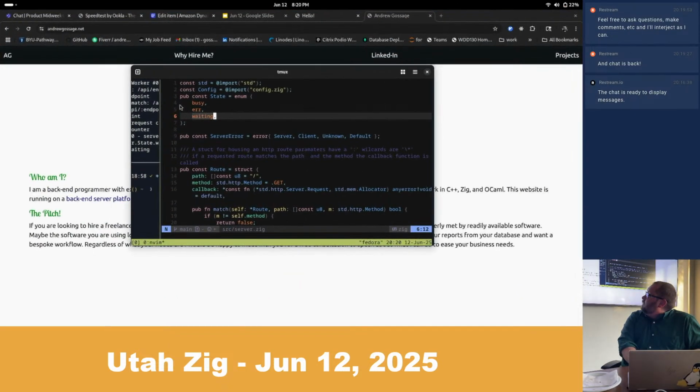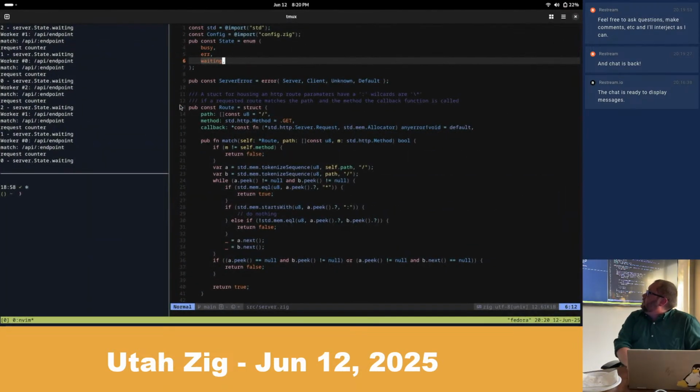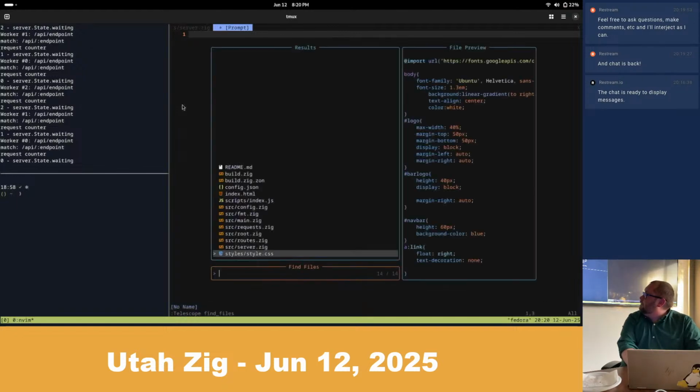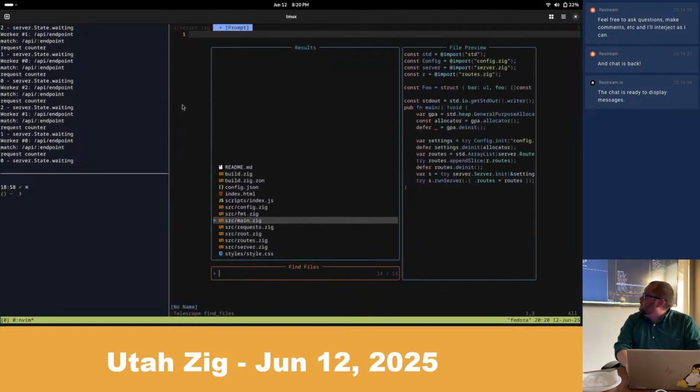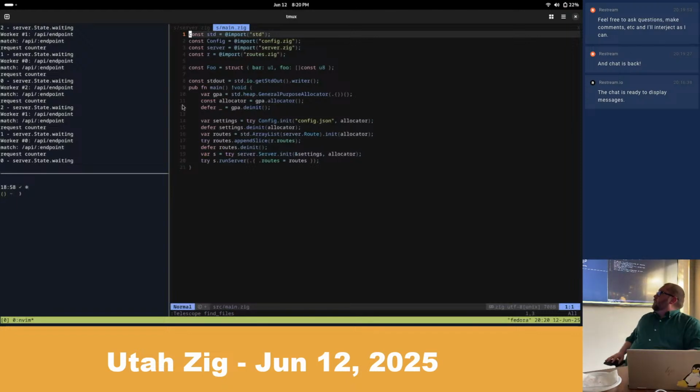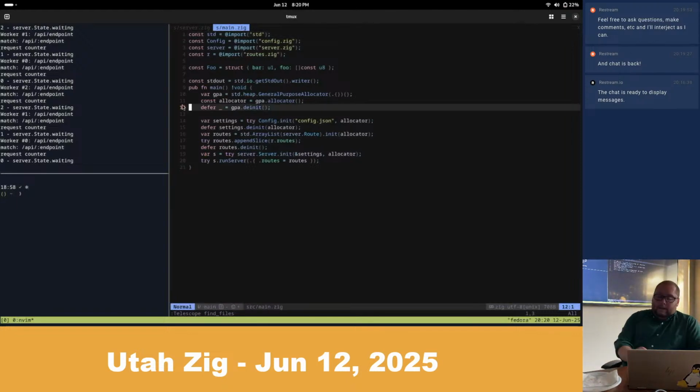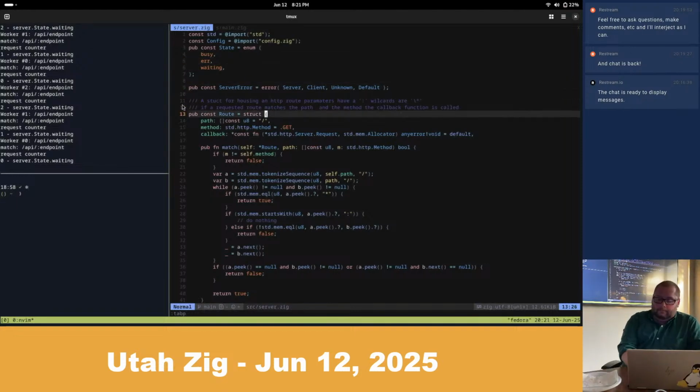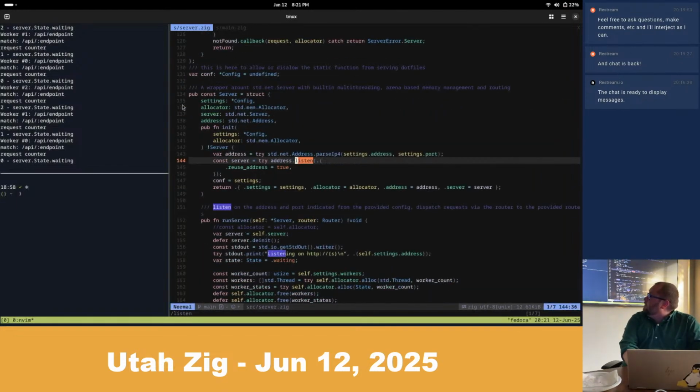So let's look at some of these things. This is not going to be the absolute simplest way to do things because I am handling things like body parsing and query parsing, and I do have a callback based router.